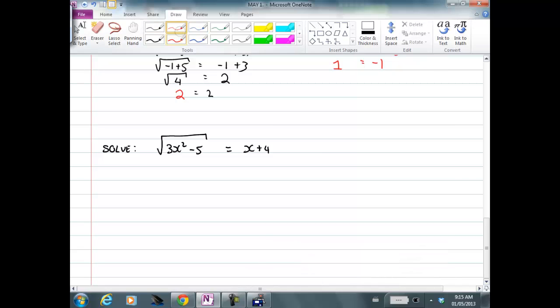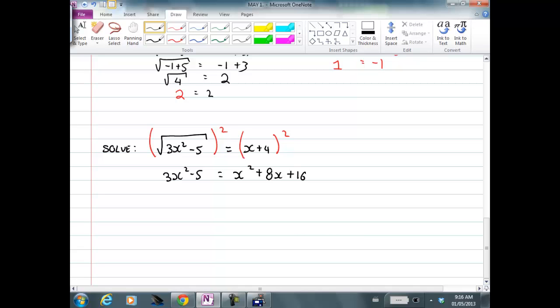A lot of you decided to do algebra. So I'm going to just follow in your footsteps in the algebra. Squared, squared. The left-hand side is easy. 3x squared minus 5. The right-hand side is x squared plus,